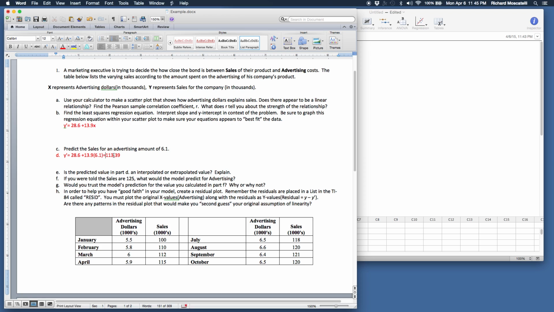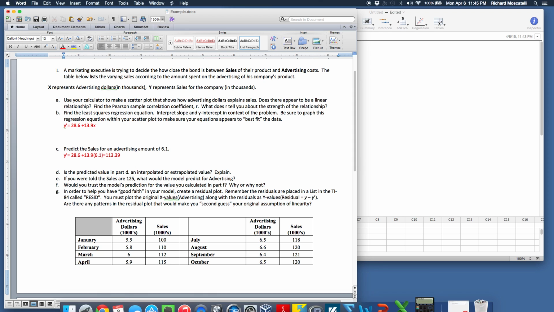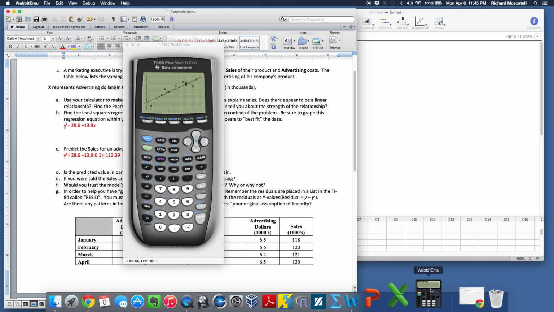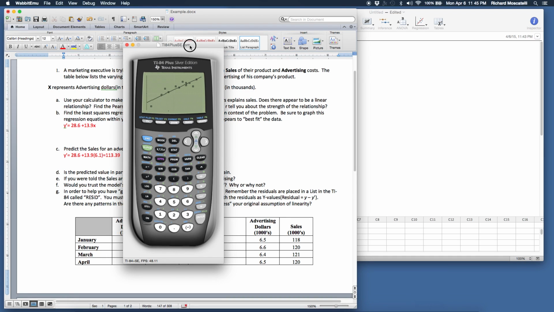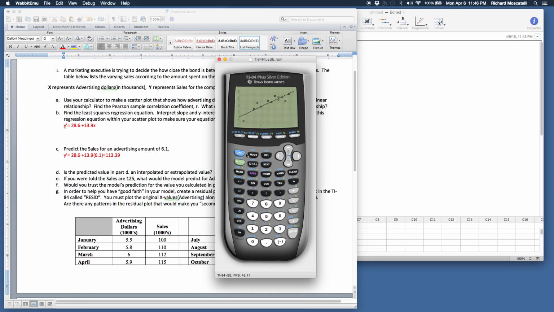So that would be the predicted amount that this model gives me. All right, and the nice thing about the calculator is it'll do that for you. It's kind of amazing. The calculator, it does so many things. You can tell the calculator,